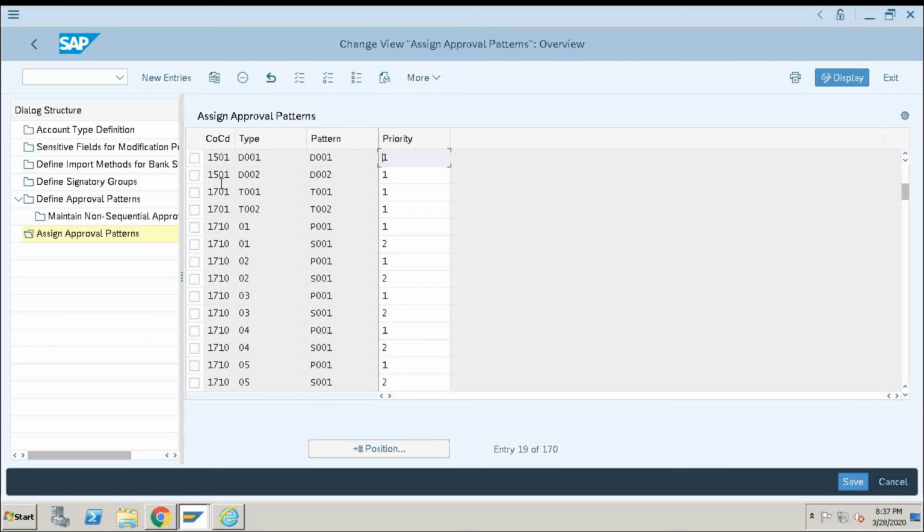In ECC, we never do all these things. Directly create D001 check issue, D002 check deposit, mapping of GL account, open GL account, and activate account ID, right? But in that case, what type of nature to activate, which method to take, what are the signatory methods, and what are the notification fields or sensitive fields, we never say. We didn't have the option there.